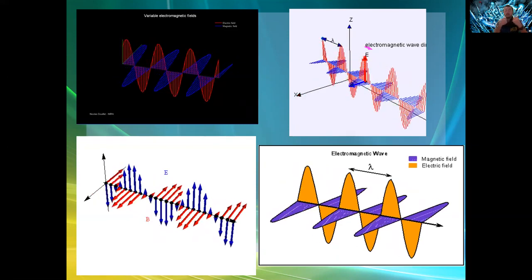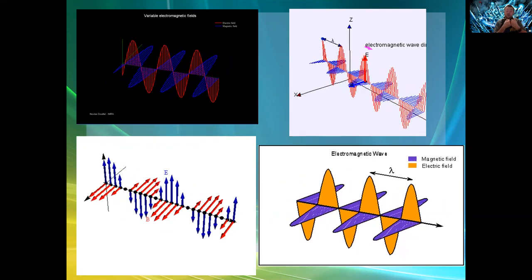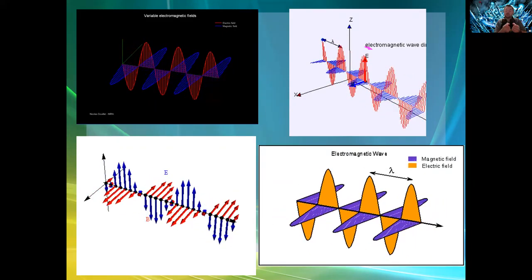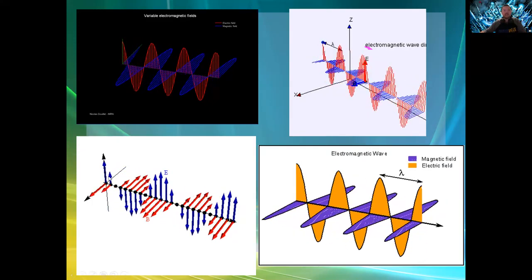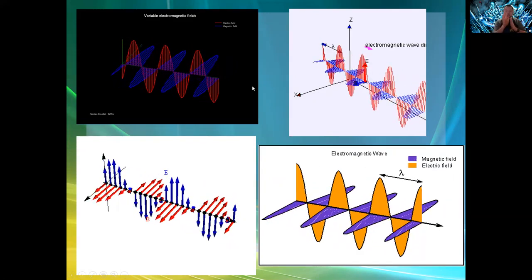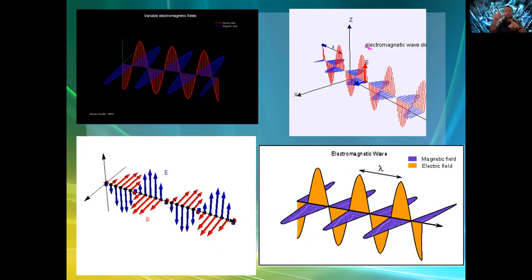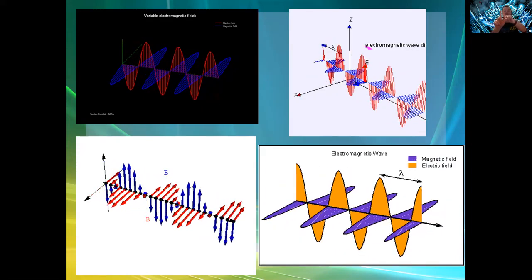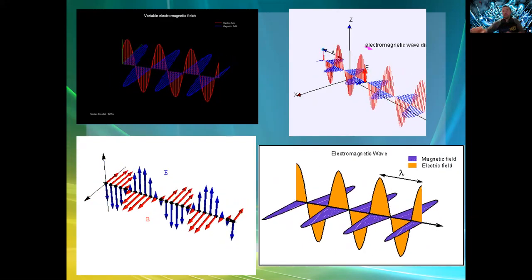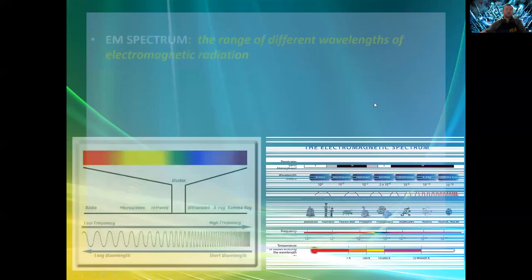And so electromagnets are extremely powerful because you have all of this charge going through all of this metal wire, and it creates this really, really strong magnetic field. And that's what you're seeing, the electrical current moving, and it creates the magnetic field around it. And it's pretty much always perpendicular, kind of moves like this, where this is the electrical field, that is the direction, and that's the magnetic field of that wave. So it's pretty cool. We're not going to go into any more detail, but any kind of electricity creates a magnetic field around it, and any kind of energy wave creates a magnetic field around it. So